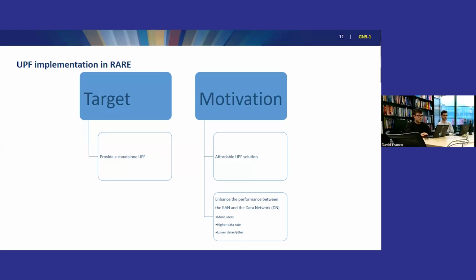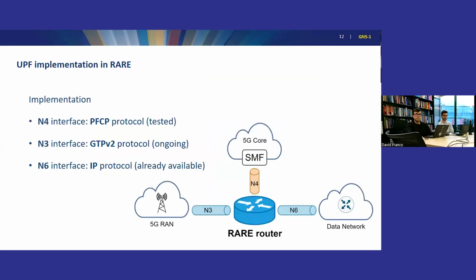Okay. So with this in mind, we have a look at the UPF functionalities that must be implemented by the router. The UPF has 3 main interfaces, each one with different protocols that must be implemented and developed. First of all, the N4 interface connects the UPF with the rest of the core network, with the control functions,